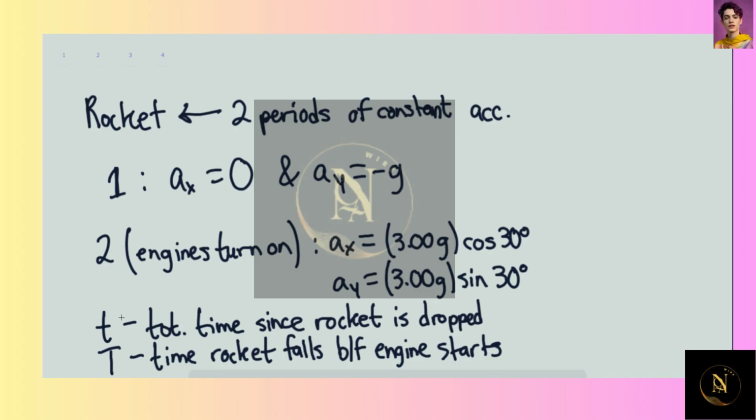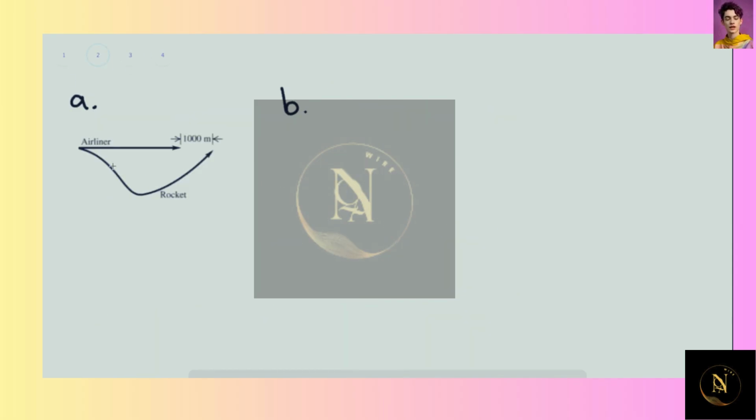We're going to let lowercase t be the total time since the rocket is dropped, and let capital T be the time the rocket falls before the engine starts. Now, for part A, this would be the diagram of the flight paths, we can say, of both the rocket and the